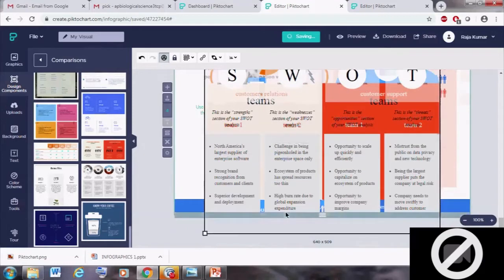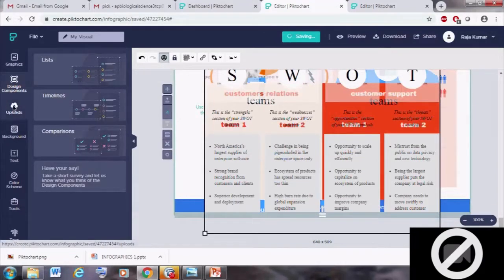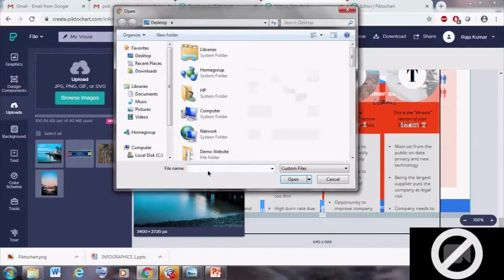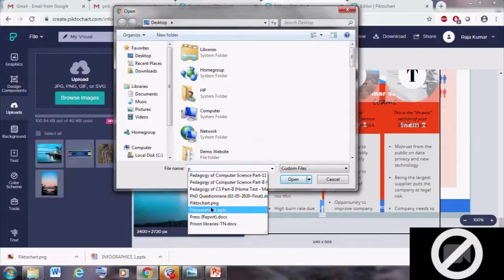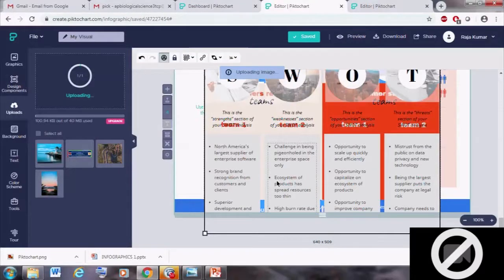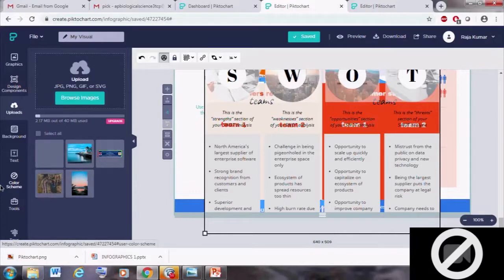And next, upload. Those images. So the images appear.